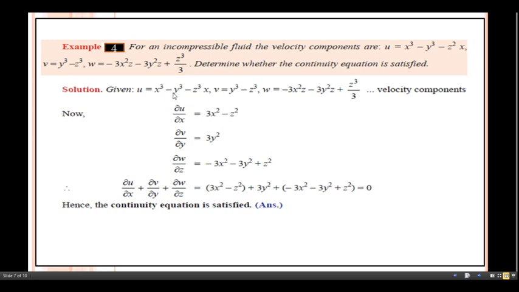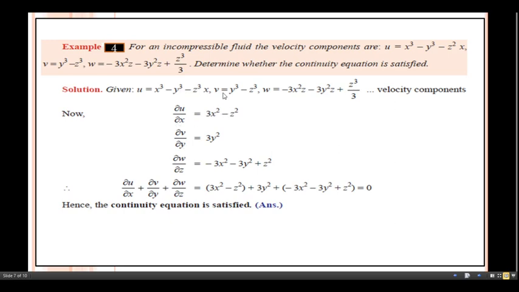For that, differentiate this term with respect to x. So 3x² will come here, minus, what about the derivative of this one? 0. What about the derivative of this one? Here we get z². This term is actually given as z², by mistake it is written here as z³. Here this should be z². So z² into the derivative of x with respect to x, which is nothing but 1. So this term will be 3x² minus z².